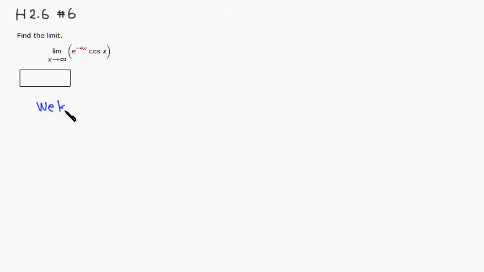So we know that cosine of x cannot be very big. So we say, all right, cosine of x is always between -1 and +1. Then we can multiply all three guys by e to the -4x. That will give us negative e to the -4x is less than or equal to e to the -4x times cosine of x is less than or equal to e to the